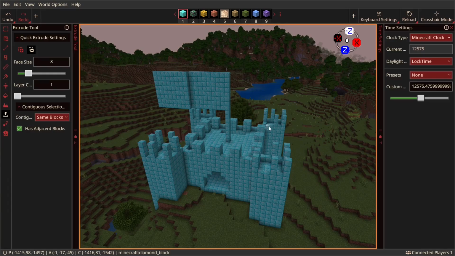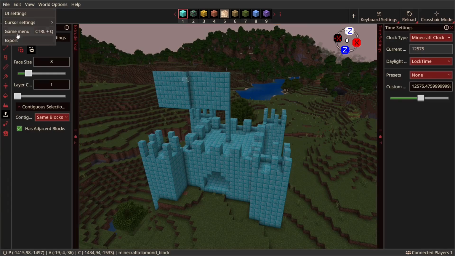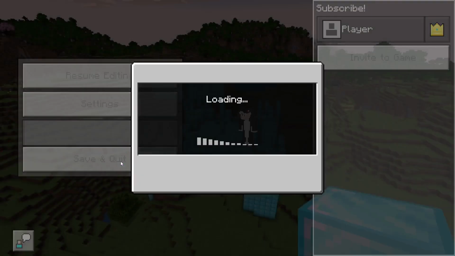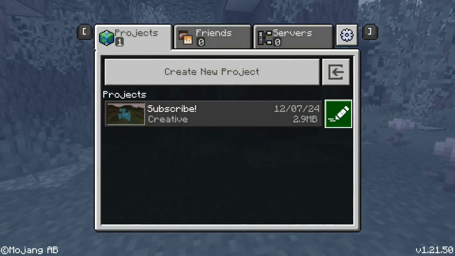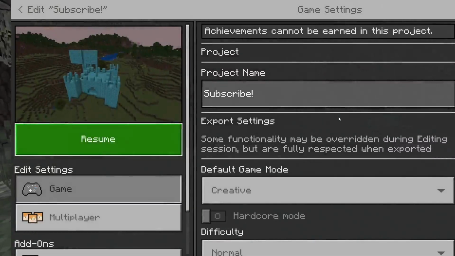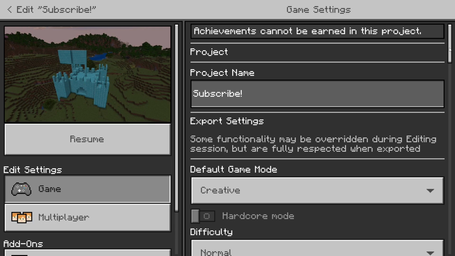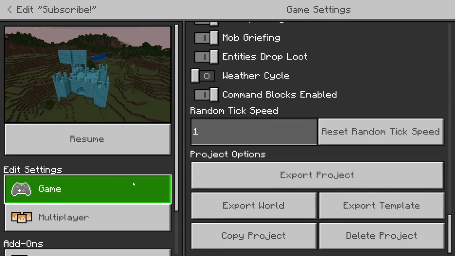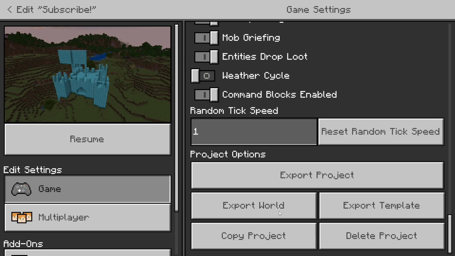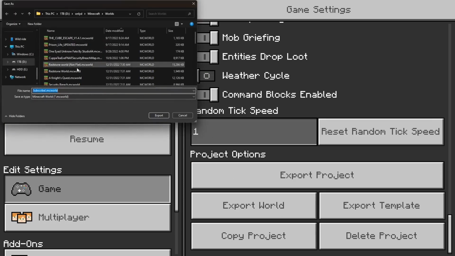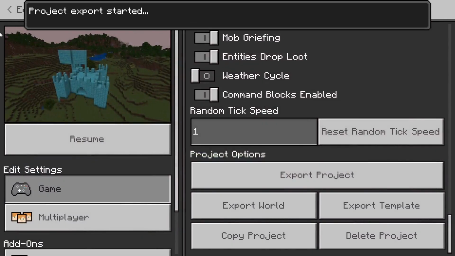Thank you all for watching, but before I go, let me show you all how to export this world. Simply go to File, Game Menu, Save and Quit, then hit Edit. Now if you want to change some of the settings before you do this, go ahead and do that. And then scroll down to the bottom under Game, hit Export World, and then export it as a .mcworld file, and then simply exit Minecraft,